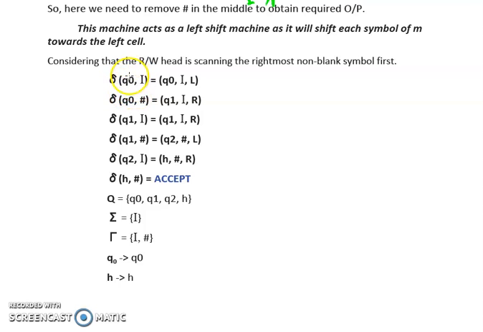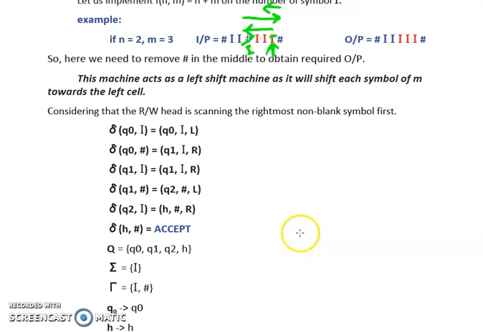Our initial state is Q naught, so we have taken Q naught as Q naught only, and halt state is H, so we have considered halt state as H only. Now, just to make this solution clear to you, let's dry run the input that we have provided and obtain the correct output. So, if we talk about the input and we see that our read-write head is currently on